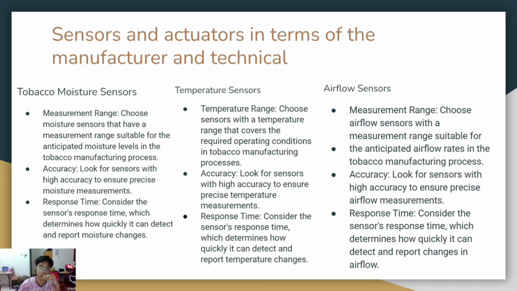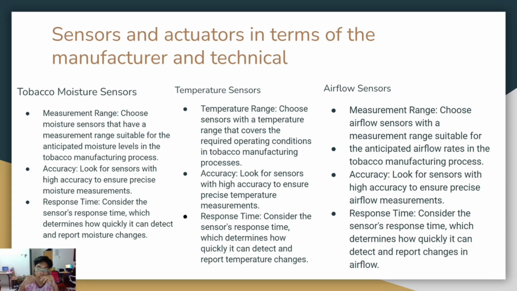For the next sensor, the temperature sensor. Choose the sensor with a suitable temperature range. For the second, accuracy, look for a sensor with high accuracy, and for the response time, consider the sensor response time, which determines how quickly the change is detected. Next is the airflow sensor. Measurement range: choose a sensor with a measurement range suitable for the anticipated